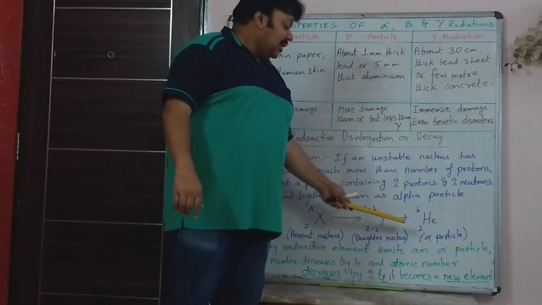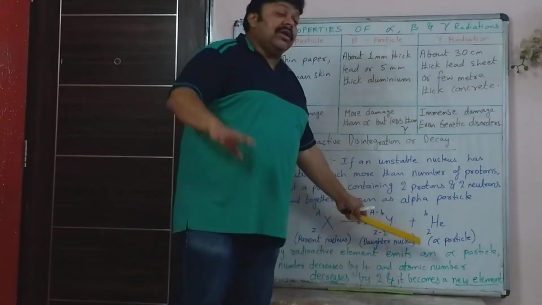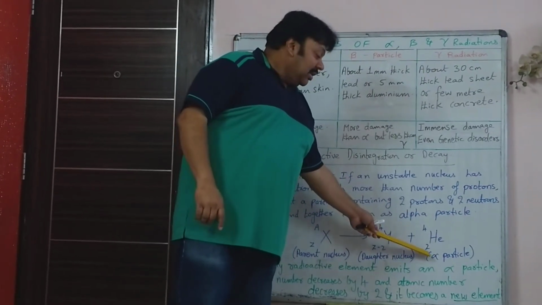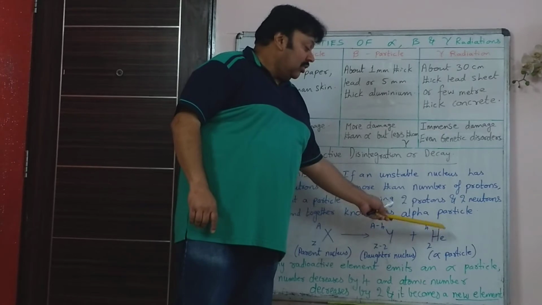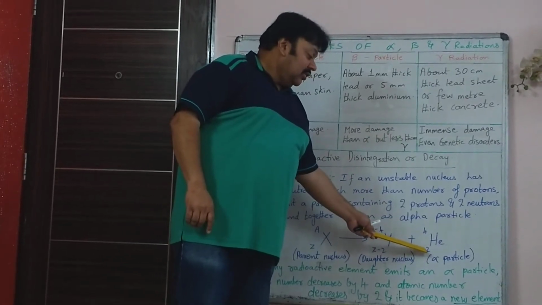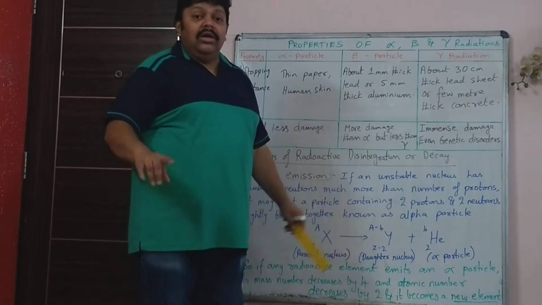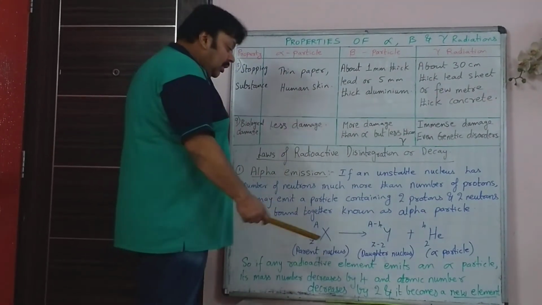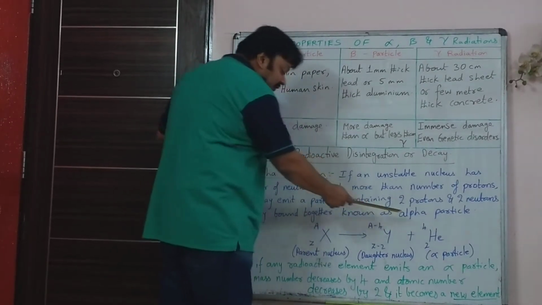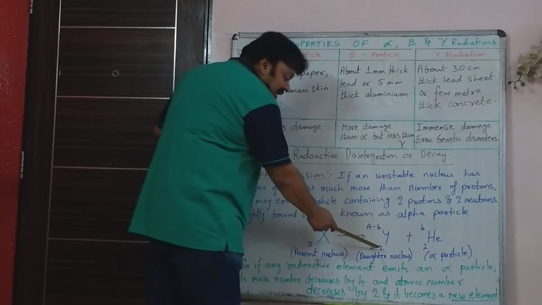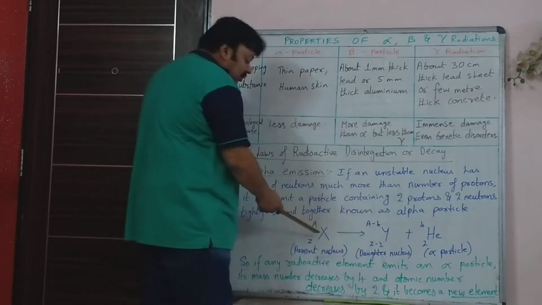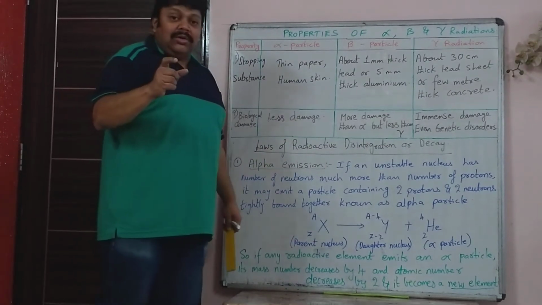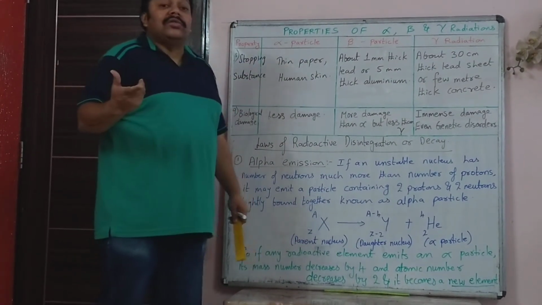So here you are saying that this is the daughter nucleus, and outside what has gone? It is the alpha particle. Alpha particle is equivalent to a helium nucleus, which has 2 protons and 2 neutrons. Why 4? 2 protons and 2 neutrons have a mass of 4. So A minus 4 plus 4 will give you A. Z minus 2 plus 2 will give you Z. So in case of radioactive decay, the mass number and the atomic number are conserved.